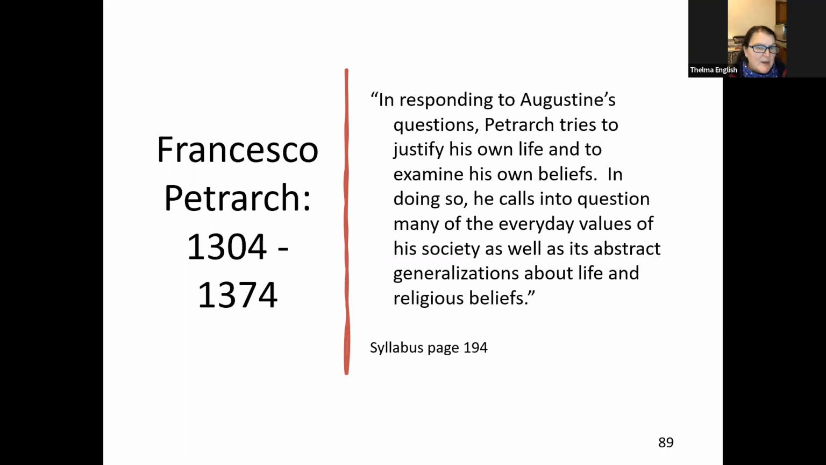And you can see the second column on syllabus page 194, book 1. Augustine says, "Oh, what are you doing, poor little man? What are you dreaming? What do you look forward to? Have you then forgotten all your miseries? Don't you remember that you're mortal?" And Francesco Petrarch replies, "Certainly I remember it. In fact, that thought never comes to me without bringing a twinge of terror." And then they go on with their